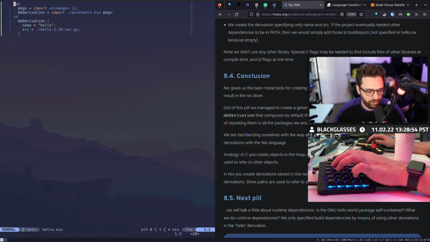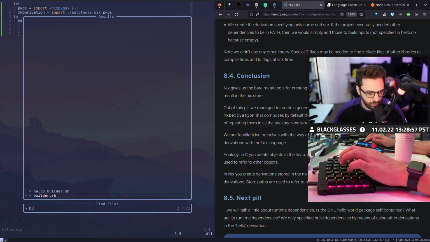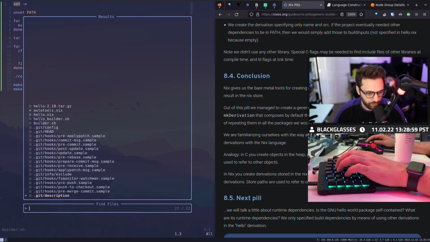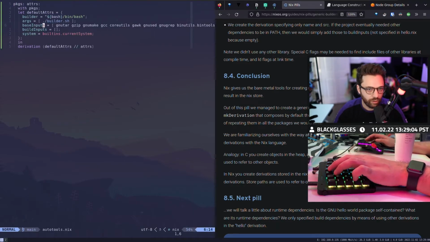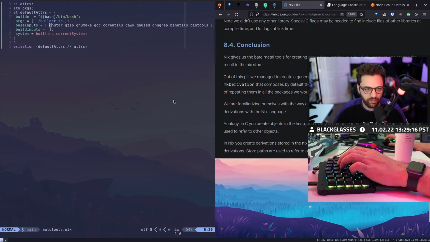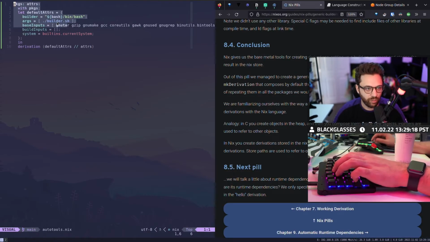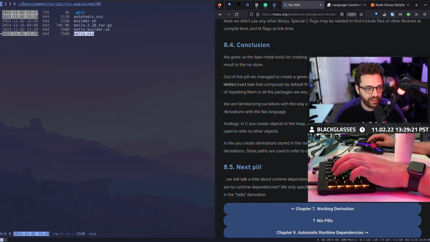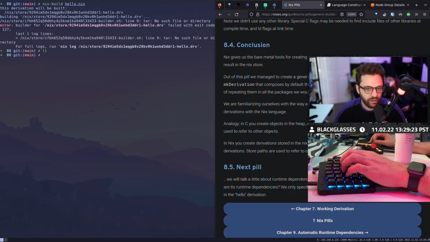Okay, so let's go to this then. Let's go to our builder. Oh no, sorry. Let's go to our autotools. But wait, what is tar supposed to be in then? Yeah, GNU tar. But it's saying it doesn't have tar, or is it saying it doesn't have the file? I don't know which one's failing. Line 9 tar, so no. Okay, so I think it's failing on tar.